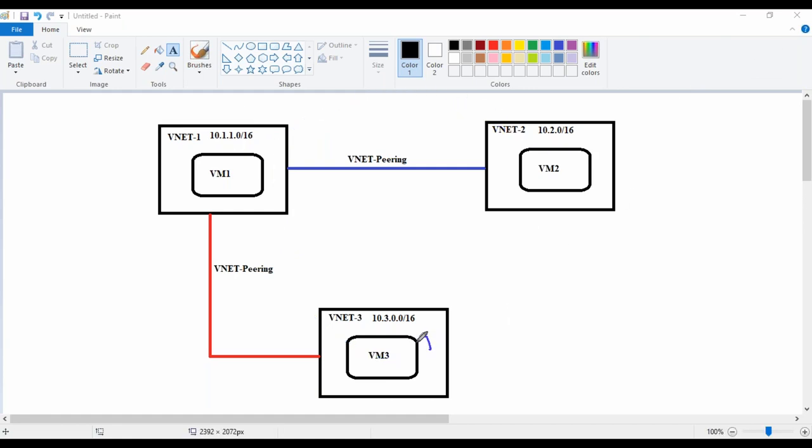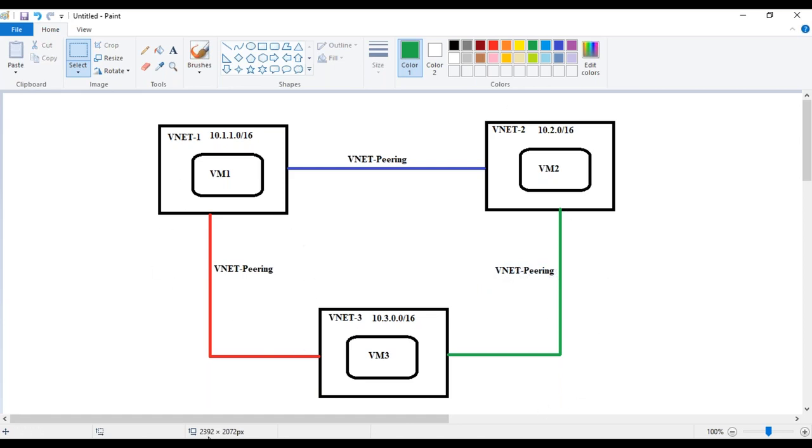Imagine this is India, this is US, and this is Dubai. So you are trying to go to Dubai and catch a flight, so Dubai becomes a transit here. That is not supported. VNet peerings are one-to-one. That means you need to create your own. Again, from here, you need to create something like this. So again, this is also VNet peering. Like this, you need to create one-to-one. I'm just giving an introduction, guys, on how you can do that. So like this, you need to connect these two.